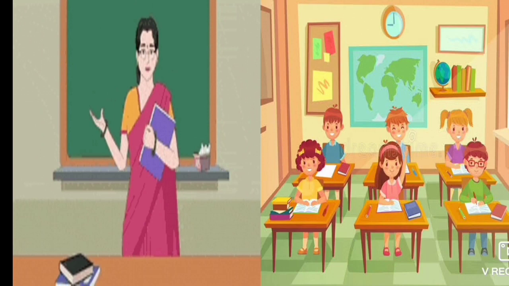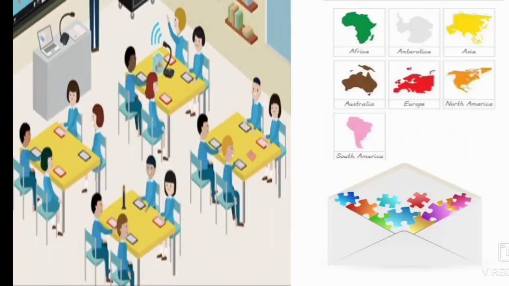Students, the introduction part of this lesson is a conversation between teacher and students about land and oceans. The teacher enters the classroom with large sized envelopes. The students are very eager to know the content of the envelopes. Then the teacher asks the children to sit in groups and explains the activity. The teacher distributes the envelope to each group. The envelope contains 7 zigzag continents and a chart paper.